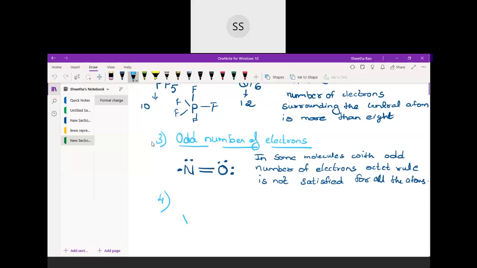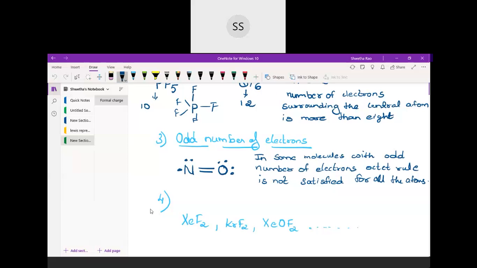Like xenon is found to react with fluorine, giving xenon difluoride. Krypton also reacts with fluorine, giving you krypton difluoride, and they even form compounds with oxygen and fluorine together. Many compounds you will be able to see. So this will come under the drawback part. We thought that noble gases are inert and they won't react, but in future it was found that noble gases are also not inert and they were also found to react.